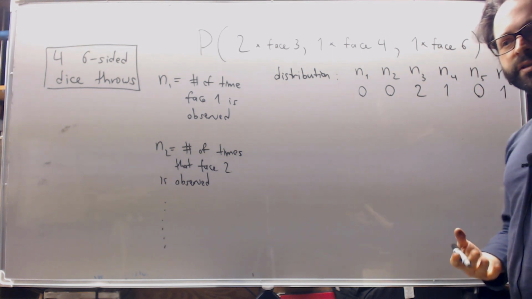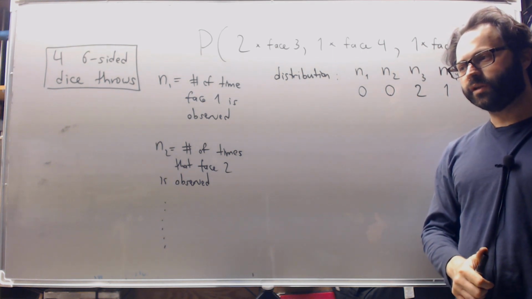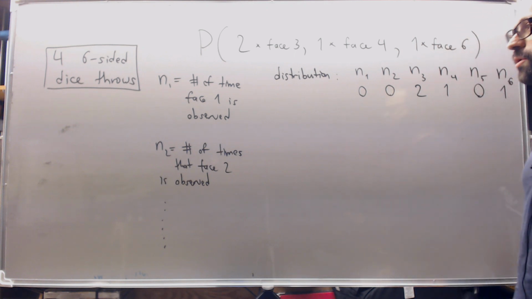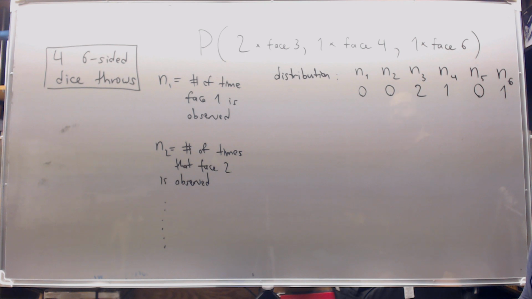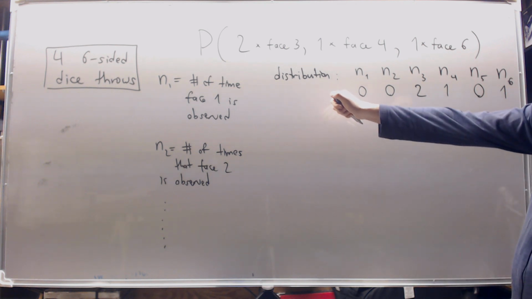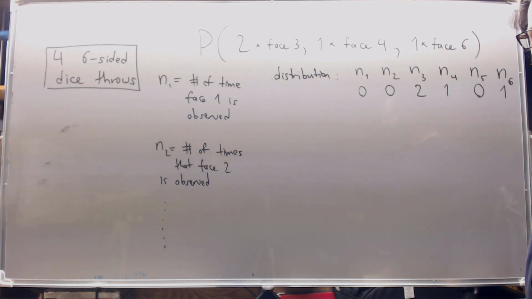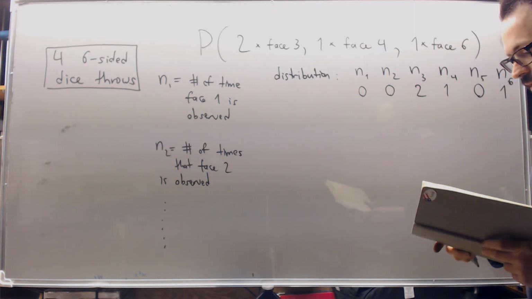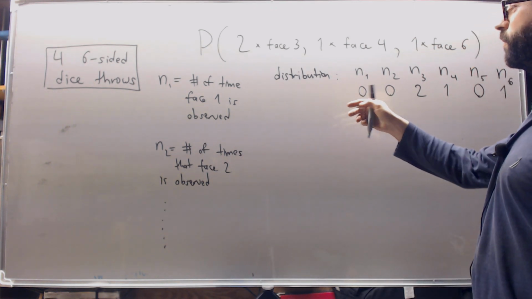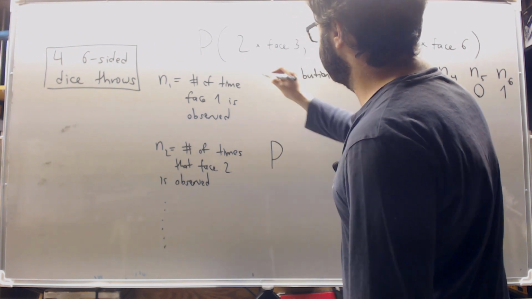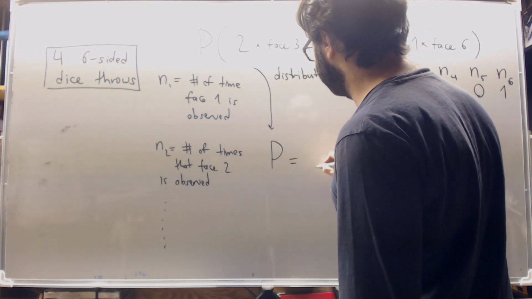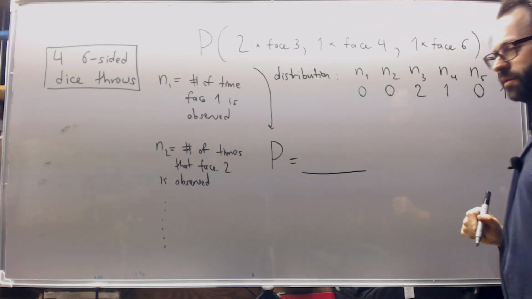We have to specify the distribution that we want as one of the rational questions that we could ask about the 4 consecutive dice throws. So we want the probability that this distribution is obtained. That's the probability that we want. This probability should look like some number that counts